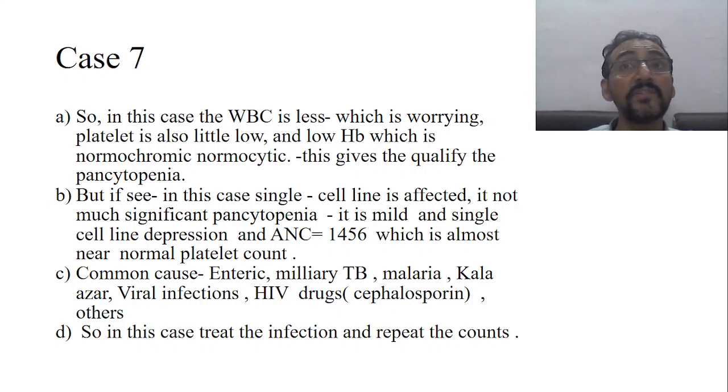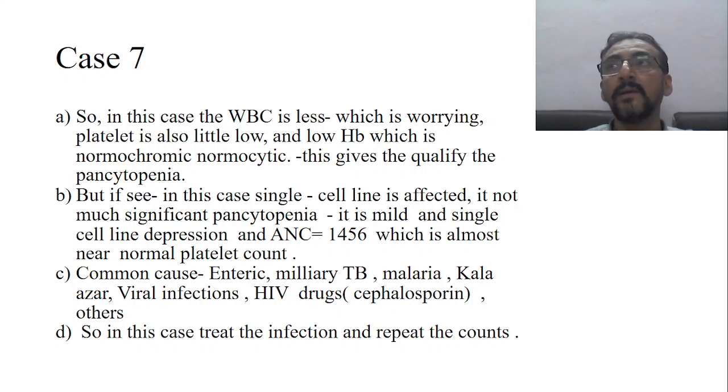So some of the systemic disorders we have seen when normocytic anemia is seen. We have to look into so many systemic disorders. This may be disorders of the liver, disorders of the kidney, disorders of the GIT, some other problems, chronic problems, inflammatory. So this gives a qualify the pan set. Now